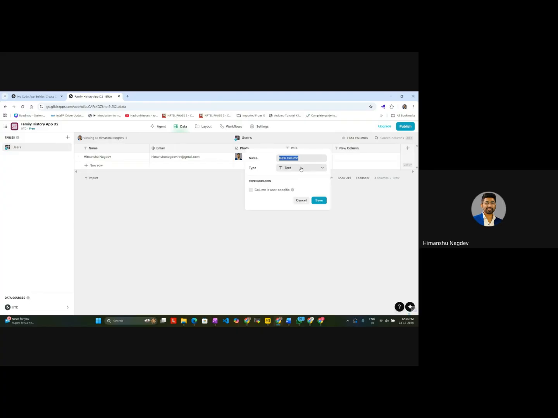In columns itself, you can see there are so many things. You can have a column of these types: text, number, boolean, all these things. And in computed, all the coding stuff that we have in coding, we can have it here, like if-then-else, query, relation, lookup, rollup. There are so many things here if you can see. So I would say we are replacing the coding here